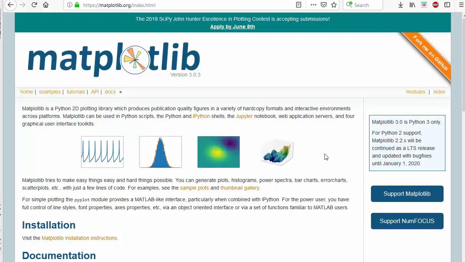In this video, we will talk about a library called matplotlib. So first of all, what is matplotlib? Matplotlib is a plotting library for Python which gives you a wide variety of plotting methods. And on the official website, which is matplotlib.org, you can see matplotlib is a Python 2D plotting library which produces